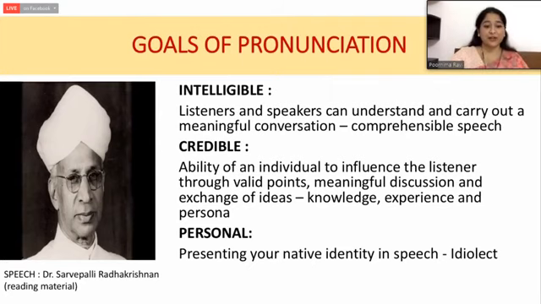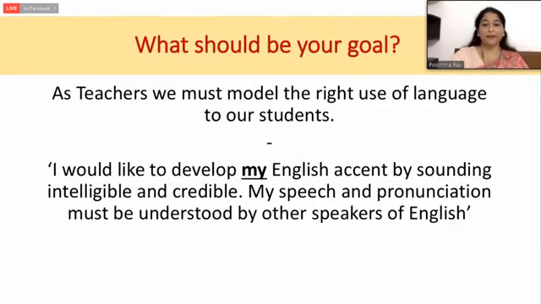So with these as your goals, what must be your goal? As a teacher, we must model the right use of language to our students. This point was made a number of times by a professor, and he said that when we are teachers, we need to be the authority of the right usage of English. So as a teacher, how good are you in your pronunciation skills? How thorough are you? That's something you need to reflect on